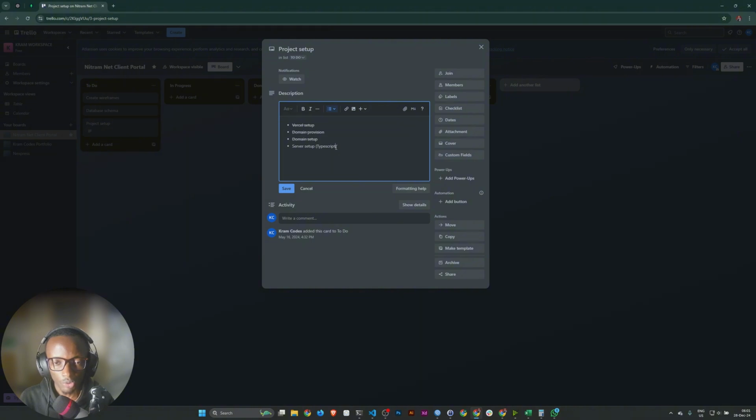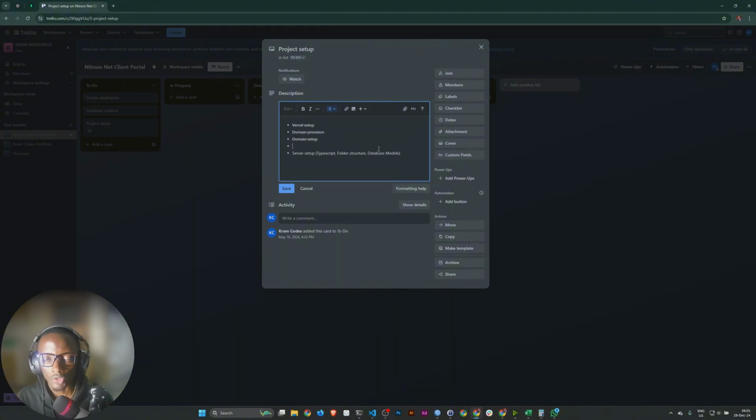Whether that means we don't necessarily have to have too many configurations to work with TypeScript. But I'll go with what I know for now. So server setup, folder structure, database models. So that's what's going to be under the server setup, which I believe is what we'll do next.